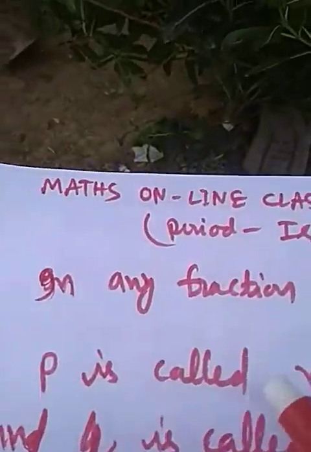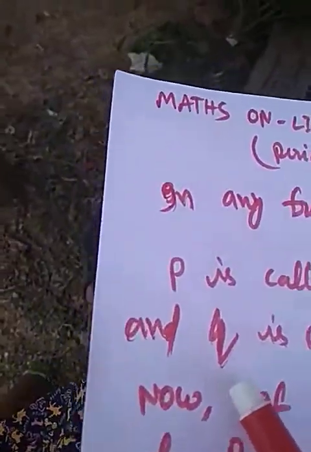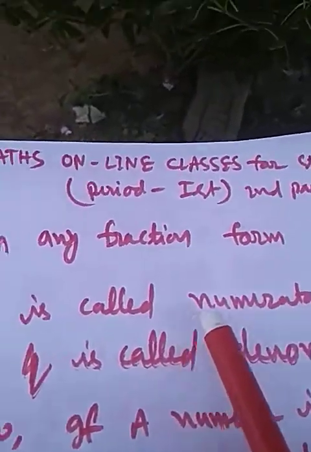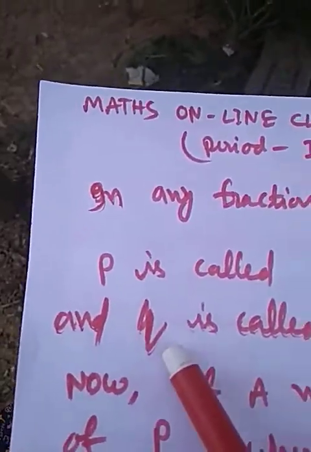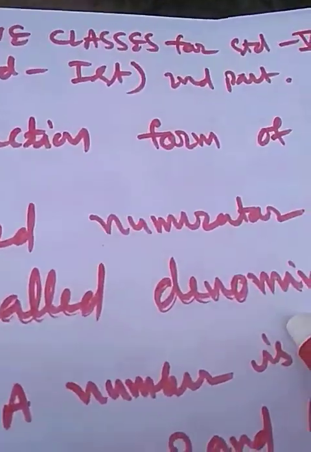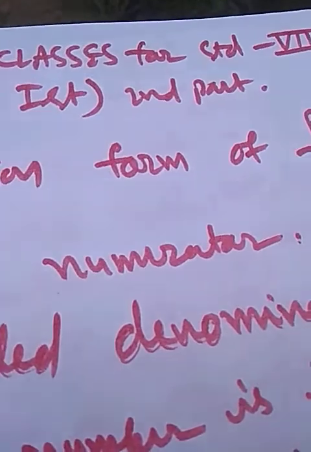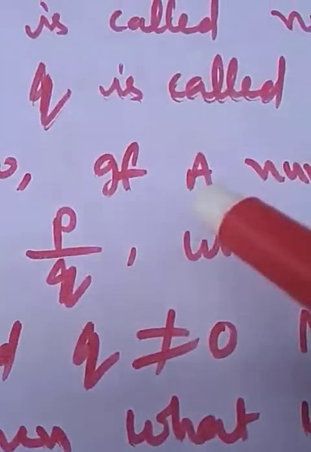Any fraction in the form of p by q, p is called the numerator and q is called the denominator. Means any fraction has both things, numerator and denominator. Upper part, p, is called the numerator and q is called the denominator. Now if